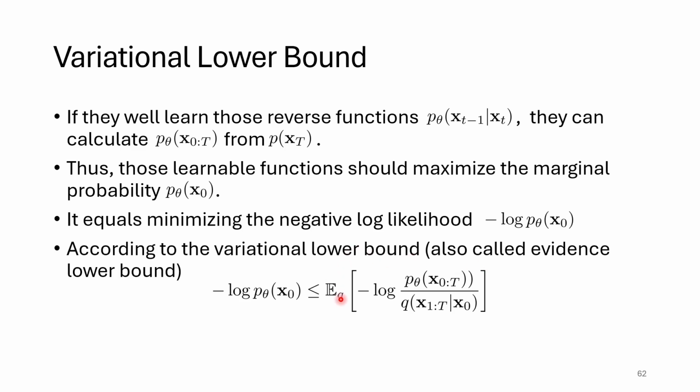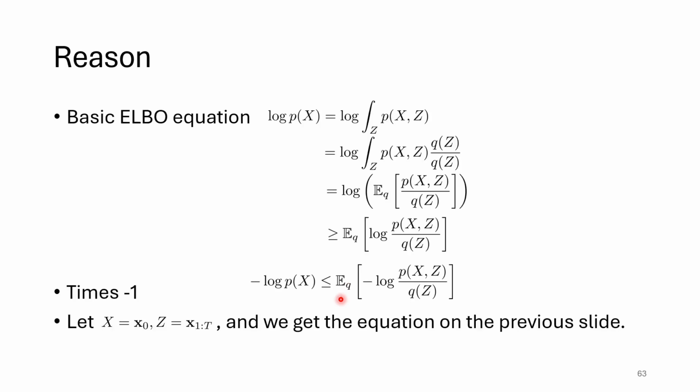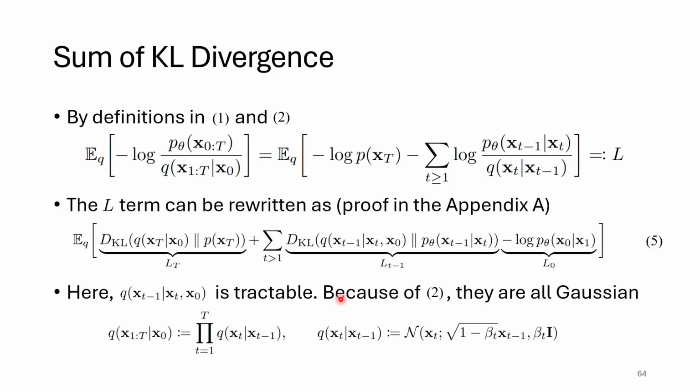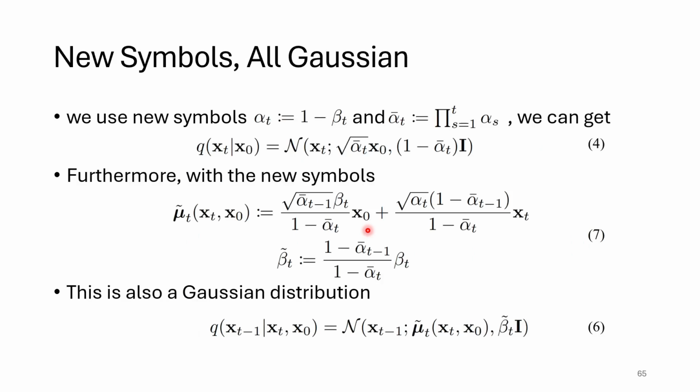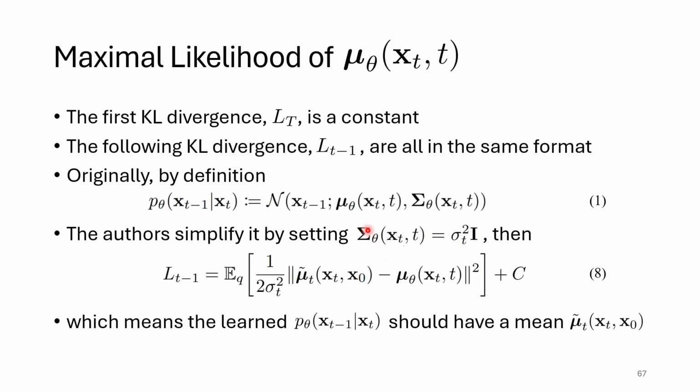Okay, so there will be a lot of mathematical equations, but let's quickly go through it. From the lower bound, what do they get? It will be a summation of the first term, the many middle terms, and the last term. The first term will be a constant, and the middle term will generate a result like this one. It means if they want to minimize the loss, or the lower bound, the learned mean should be the